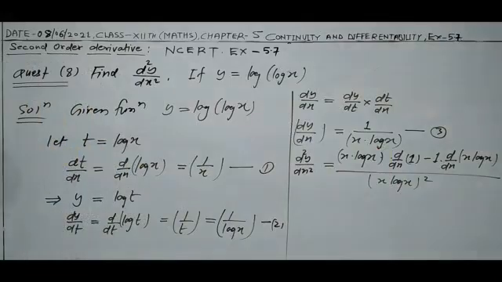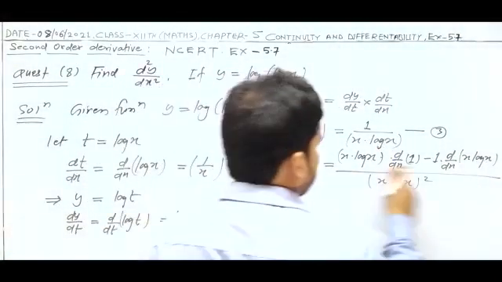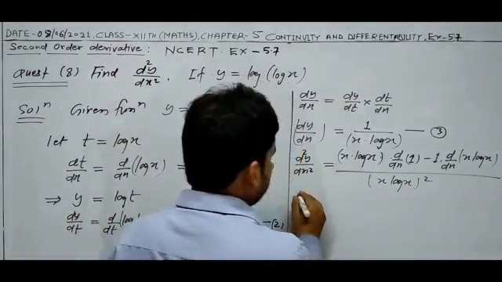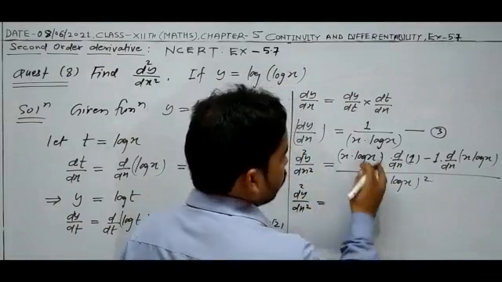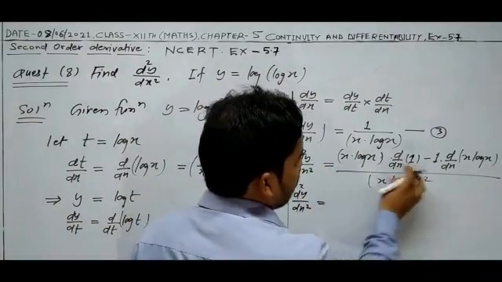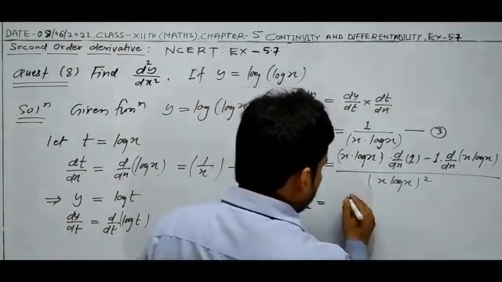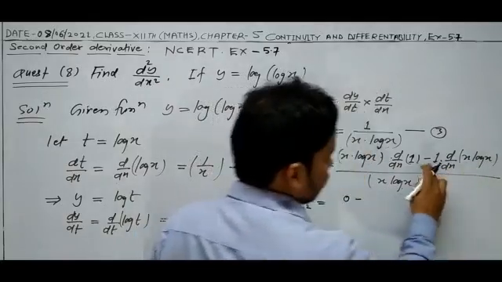You know the differentiation of a constant is 0. So the result will be d2y by dx2 is equal to, this whole term is 0, x log x multiplied by 0 gives 0, and minus this differentiation,